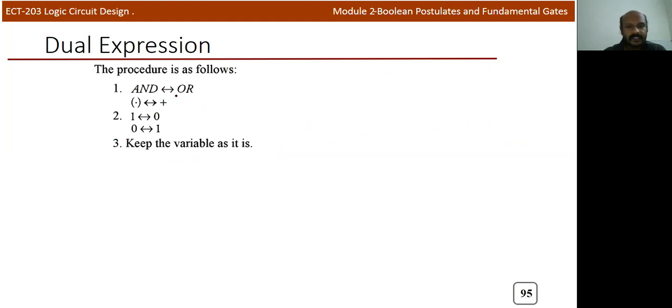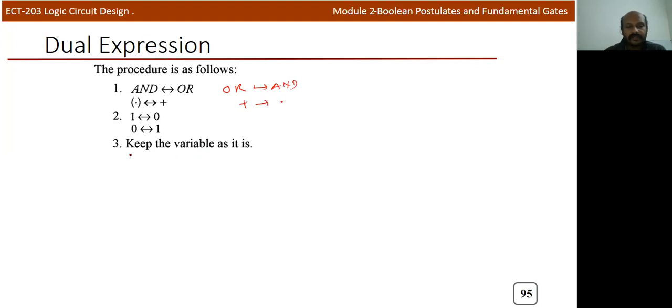In the expression we need to change the AND operation to OR, in other words the dot operation becomes plus, and 1 to 0, 0 to 1, and the reverse also. If it is OR, we need to change it to AND, and the plus needs to change to the dot operation.